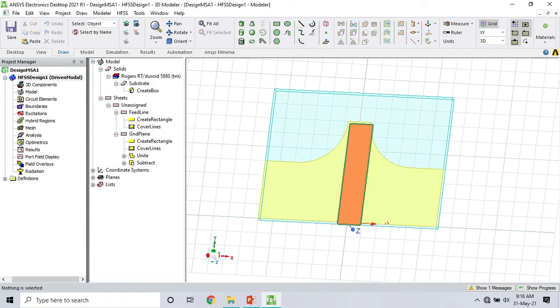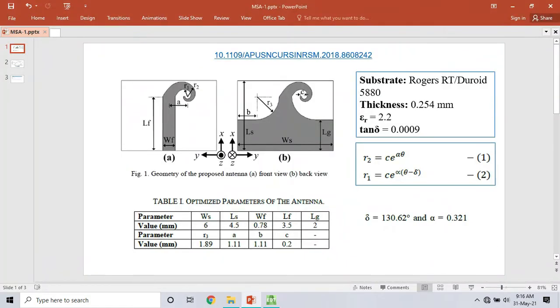Now we want to design that spiral thing, the logarithmic spiral. There may be some other methods, but the way I am telling you is, I think, a bit simpler, because I'll be adding 2 more coordinate systems, and in reference to those coordinate systems I'll be adding equations for the spiral surfaces for top and bottom patches, and it will give us this spiral.